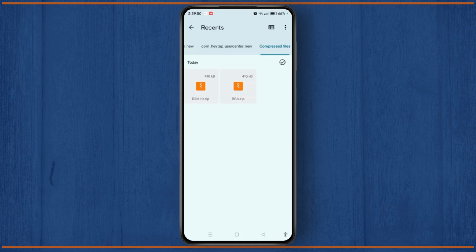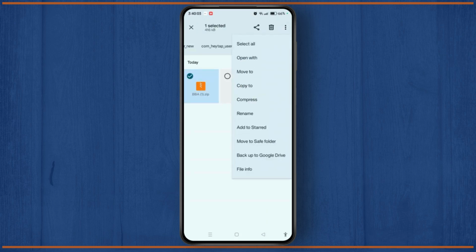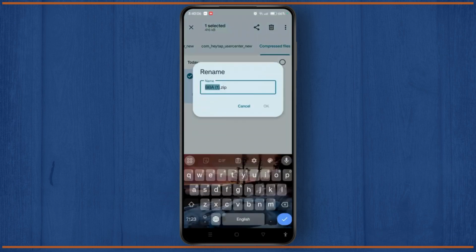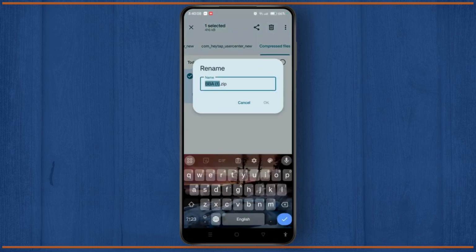Once downloaded, open the File Manager application and go to the location of the JPEG file you want to convert. Tap and hold the JPEG file and select the three dots at the top right corner of the screen. Tap on the Rename option, and here you simply need to rename it to